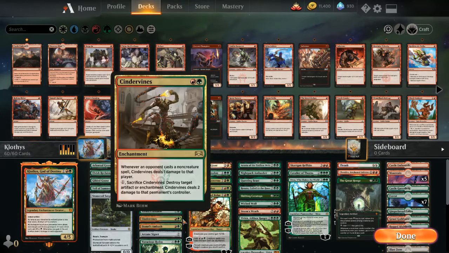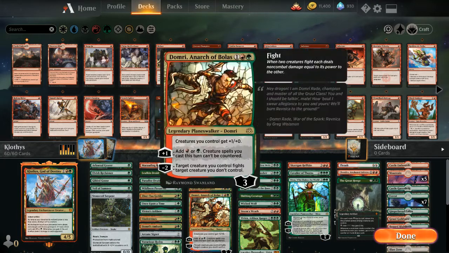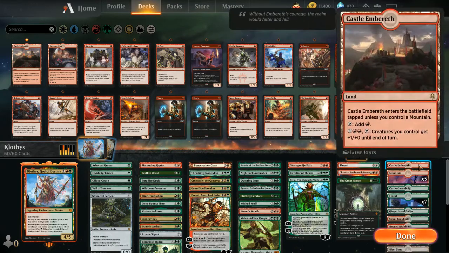Got Cinder Vines, especially because the one thing I notice about Brawl right now is it's either you're running a lot of creatures or you're running a lot of Planeswalkers. So Cinder Vines kind of helps add some pressure to that. That's also kind of the weakness of this deck. We're gonna need to be faster than a lot of Planeswalkers. I suppose I could lean more towards red, add a lot more removal. I'm going to lean in towards green for now. Actually, now that I mentioned that,